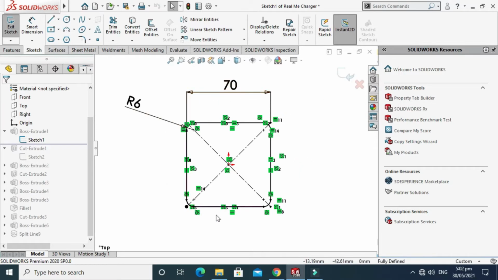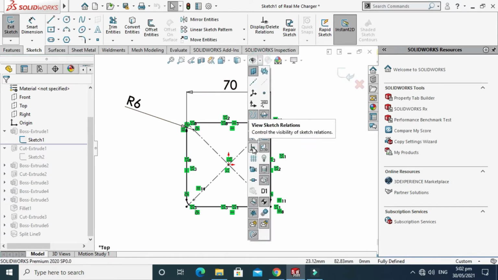And if I want to hide these relations, just go to this tab and click here, that is view sketch relations, and you can hide all these relations in order to read your drawings or dimensions correctly.